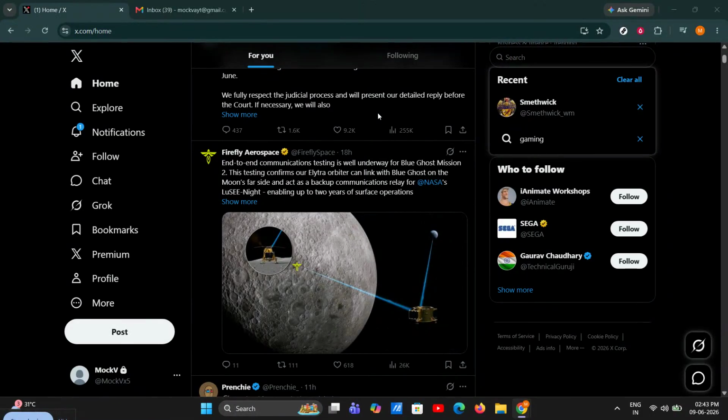If you want to delete saved searches on X, formerly Twitter, this quick guide will show you exactly how to do it in just a few taps. Whether you want to remove one recent search or clear the entire search history, the process is simple once you